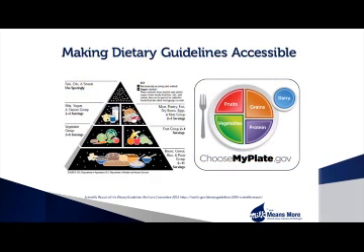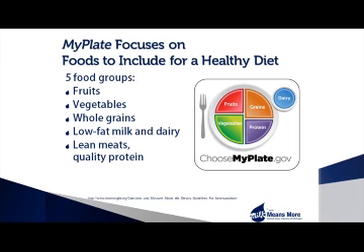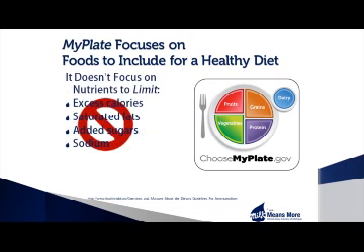The federal government develops icons to accompany the guidelines to make them simpler to understand and more accessible for the public. The food pyramid icon was created in 1992. Today, the MyPlate icon is designed to give consumers a simple, pictorial guide to choosing healthful foods in the right proportions and portions. Appropriately, MyPlate focuses on foods to seek out, rather than on nutrients to avoid.